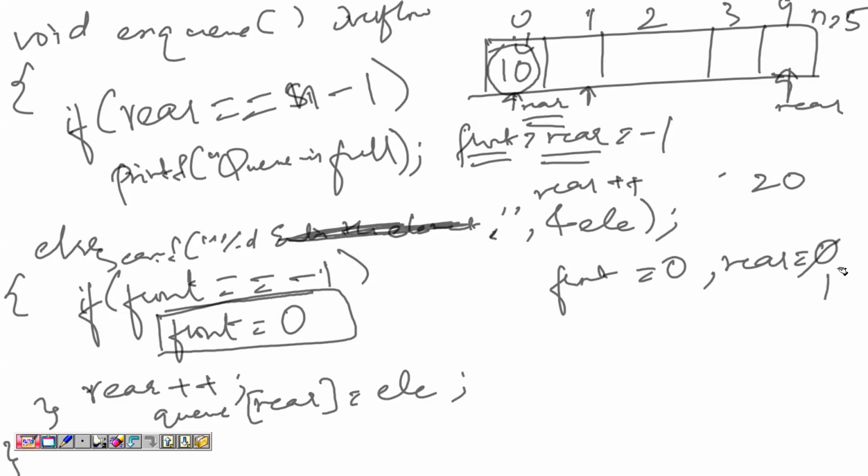And in this index, you have to insert the value 20. So you will write q of 1 equals 20. Like this, you can perform the insertion in Q. Okay. So now we'll see how we can implement DQ.